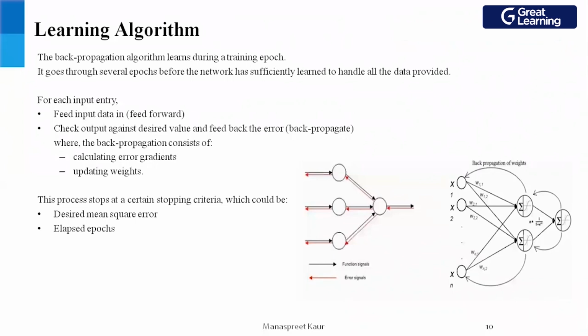So like we used to have a pruning step or a stopping criteria for the decision trees that we saw last week, similarly there should be a stopping criteria here as well. So multiple stopping criteria can be used for neural networks, one of them being a desired mean square error and one of them being elapsed epochs. Desired mean square error tells what is the error that we can allow the data to have, what is the flexibility that we're giving the data to have, and elapsed epochs is nothing but the number of iterations